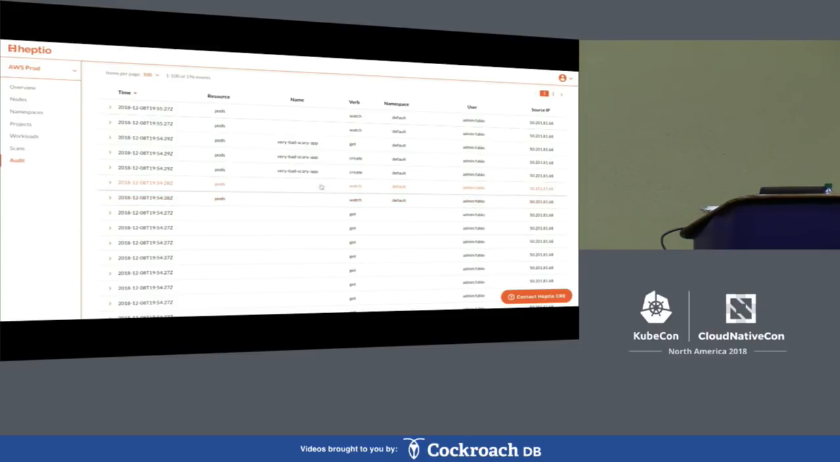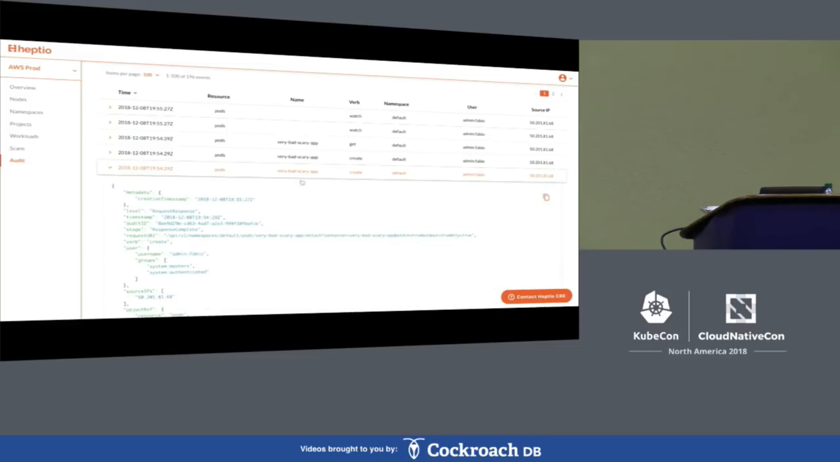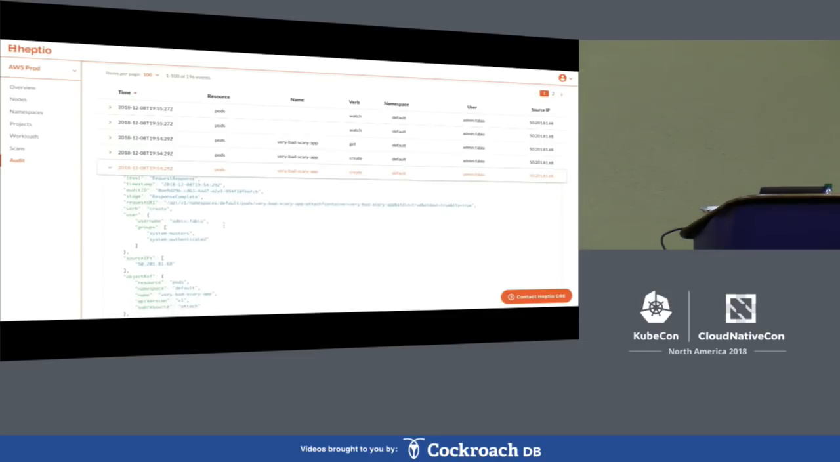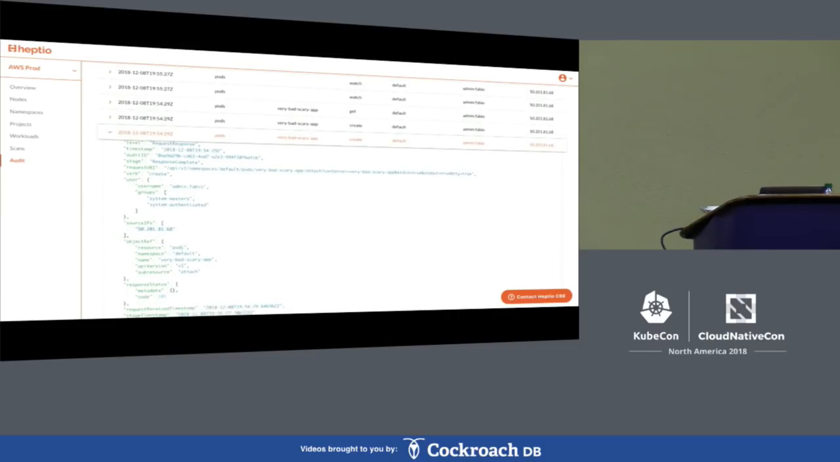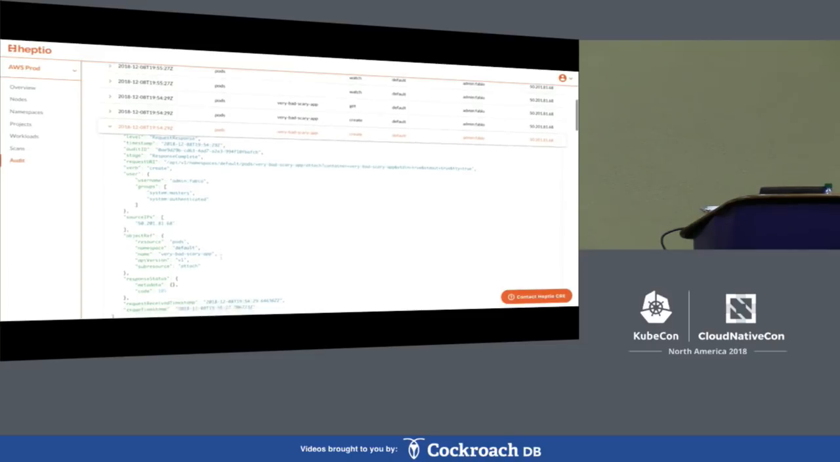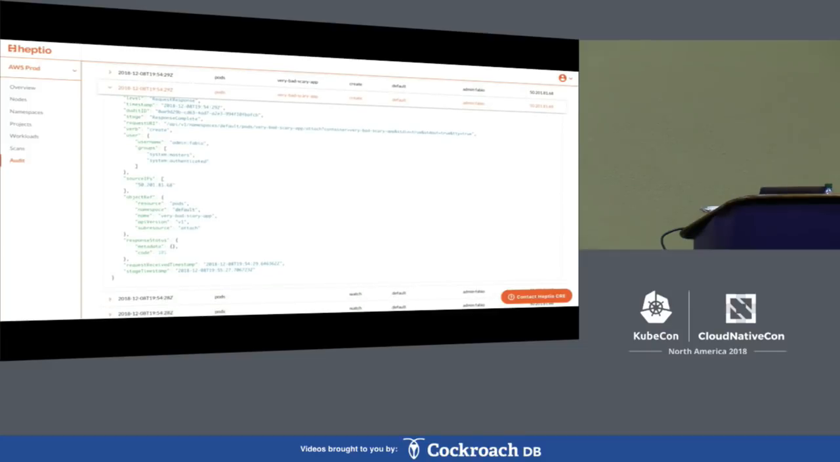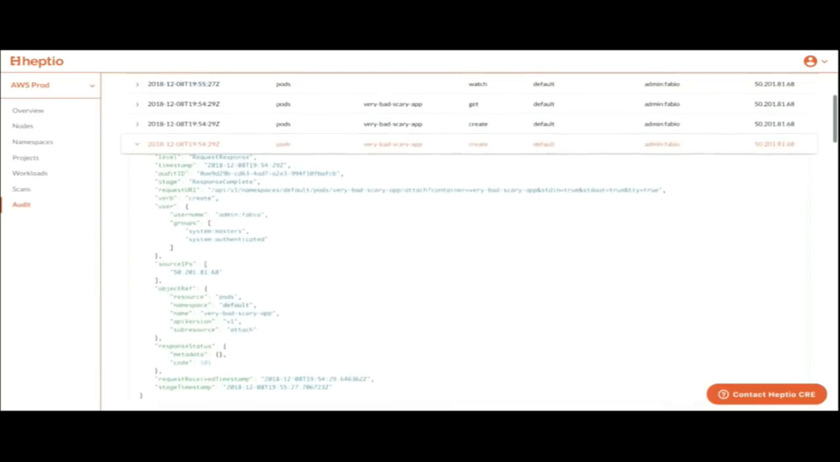So we can see we've got some very bad, scary app stuff going on. That doesn't sound good. So I'm going to click into that and see if I can answer those 6 questions we talked about earlier. I can see here that it's a create. I can see who created it, Fabio, typical Fabio. And I can see what namespace it's in, so I know where to go look for it. I can see the source IP it was created from. I can figure out all of these things I need to know as a cluster operator to go and actually